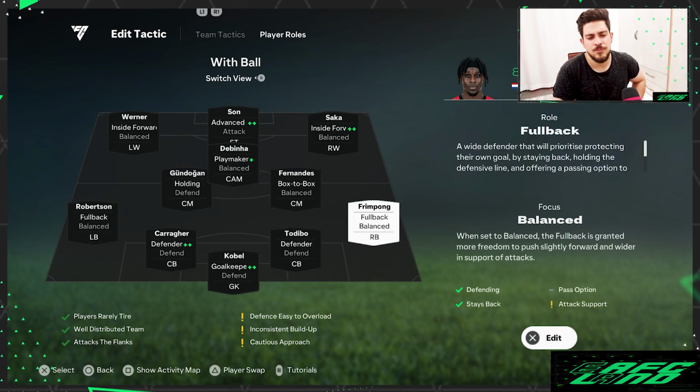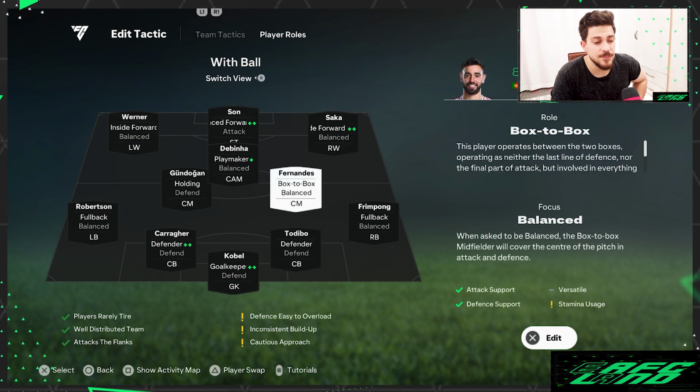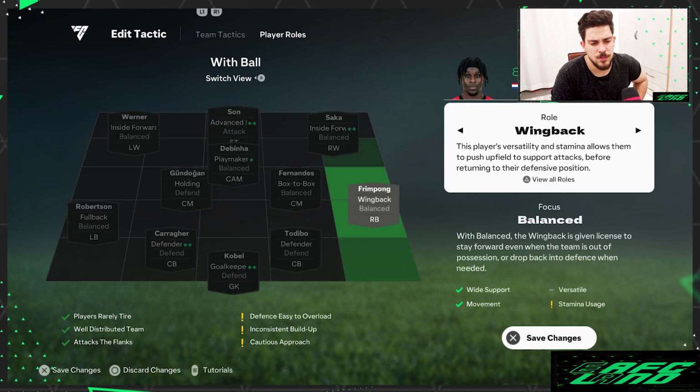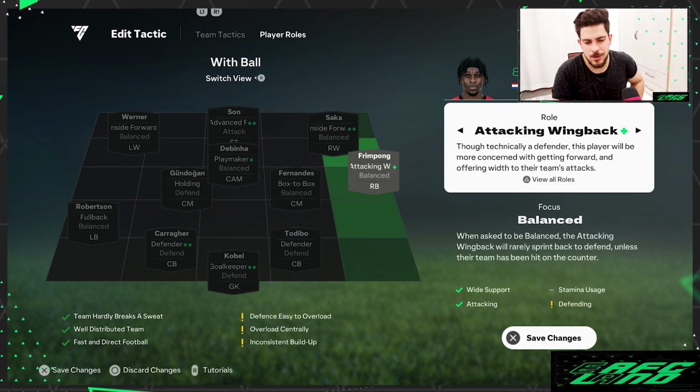So I would say fullback. If these two are inside forward, you could put one of them on wing back. Okay, that's going to be more attacking. Maybe you have some sort of going forward, whichever side you're comfortable with, whichever side has a wing back plus, that's good. But I don't really recommend putting this on attacking wing back, unless you know what you're doing